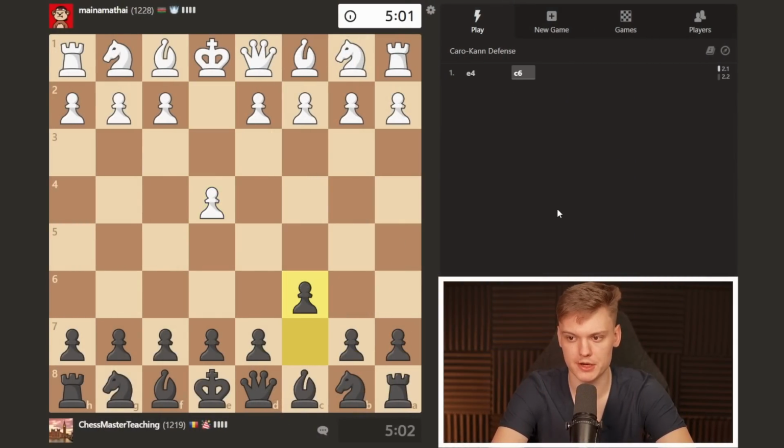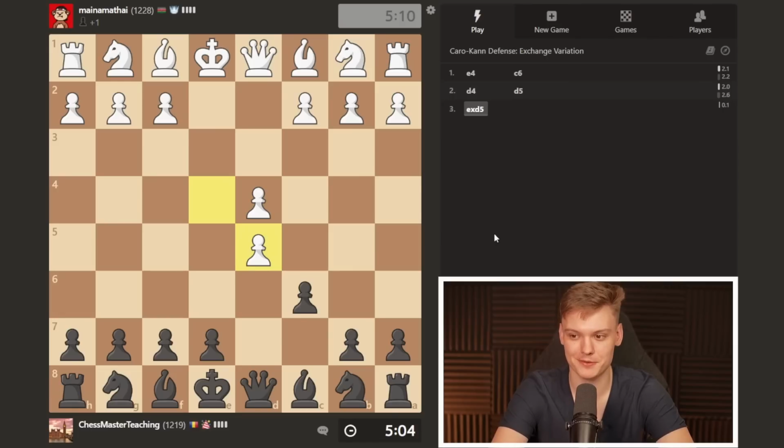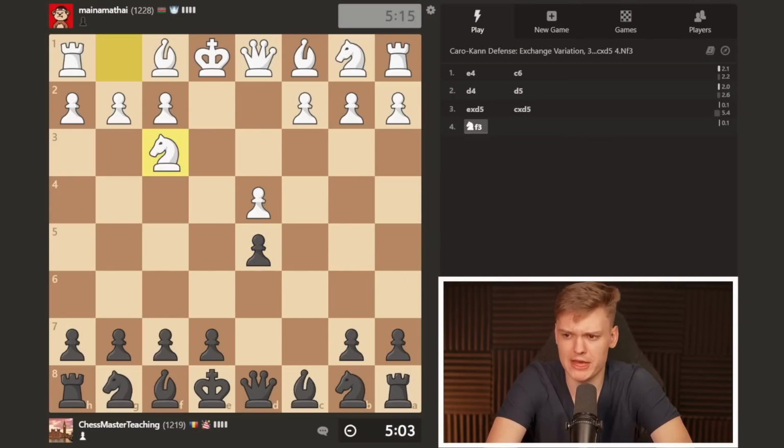Gonna be sticking with a Caro-Kann, and let's see, are we gonna be getting another advance, or perhaps something different? Okay, opponent immediately takes the pawn on d5. Just gonna be recapturing, and I am still gonna be sticking with the very mainline stuff that I usually recommend